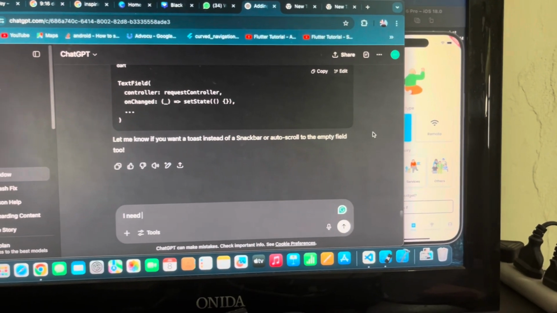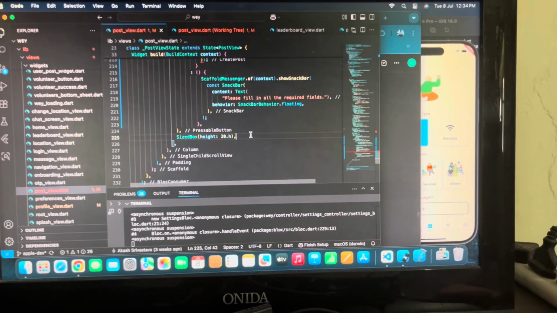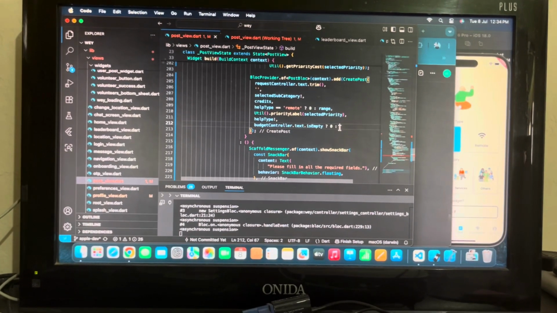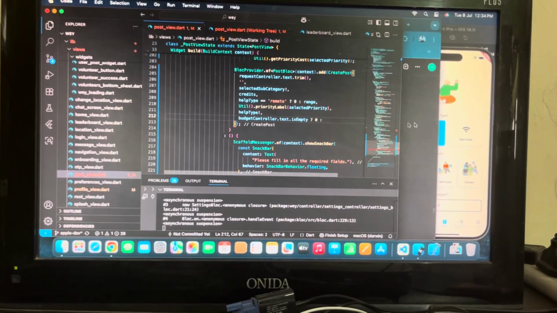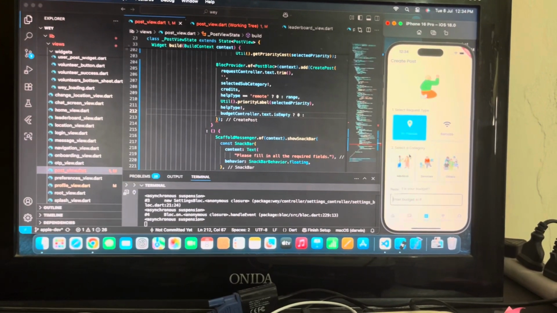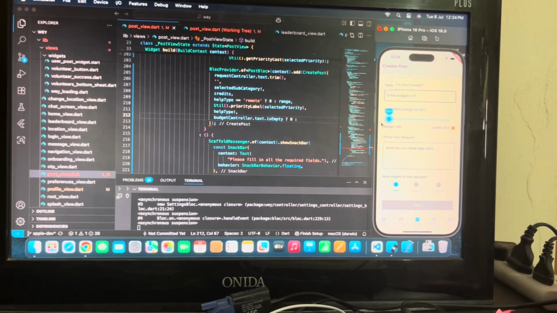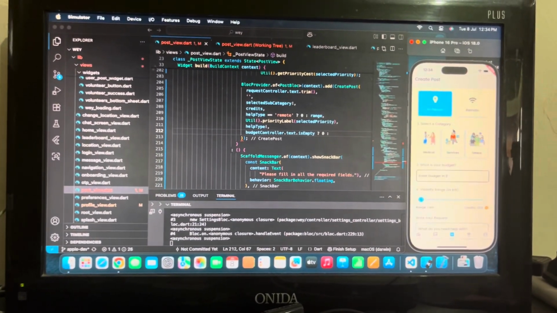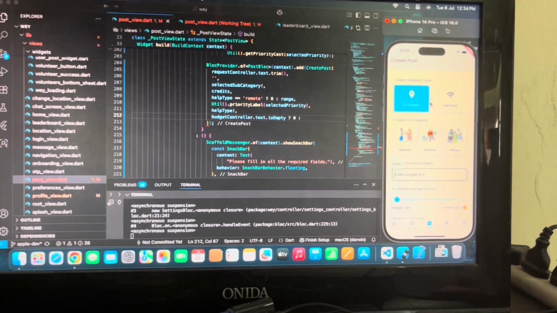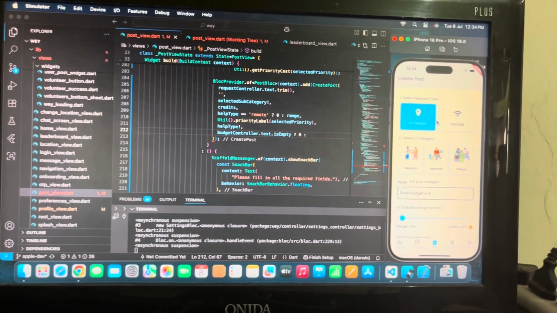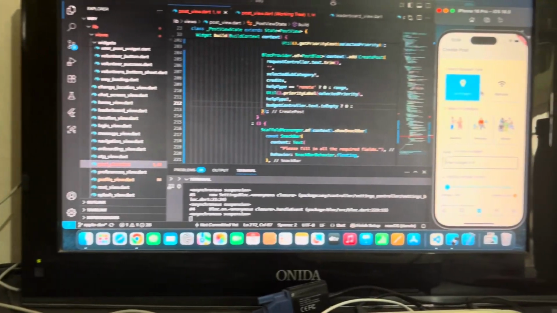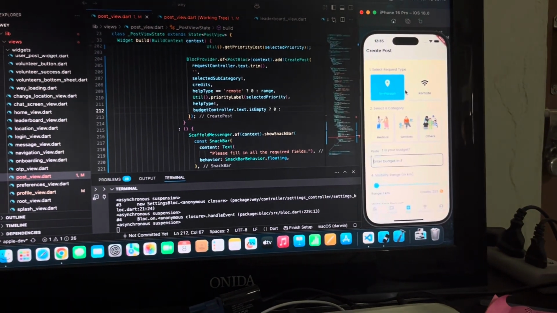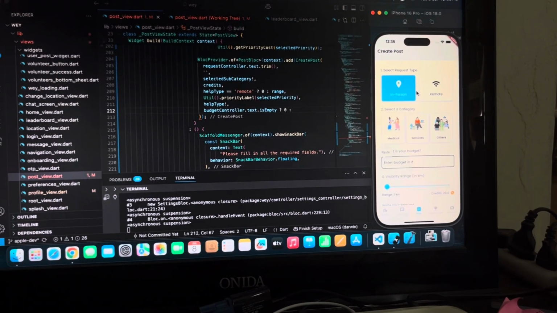What I need to do is incorporate 2-3 fields like the help type, the budget and everything into my application, so that anybody who's selecting the category can take a different approach for creating his or her post. In the previous flow, this was a very big problem because you are posting some kind of request that might involve a budget, and then there are some requests that don't involve a budget.